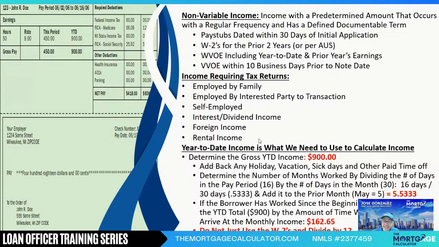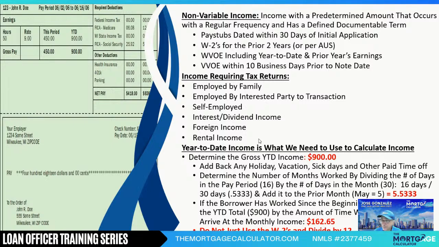The reason that they say that is because they fear collusion between the borrower and their family member. Like they know they're going to get a house now, they need to bump their income, so they're going to ask to have their current income bumped up, which may or may not be a realistic income amount, may not be the actual one. So in those cases, if you are employed by a family member, they're going to look at the tax returns. They're not going to look at the year-to-date income. Year-to-date income will be looked at just to note continuity of the income stream,